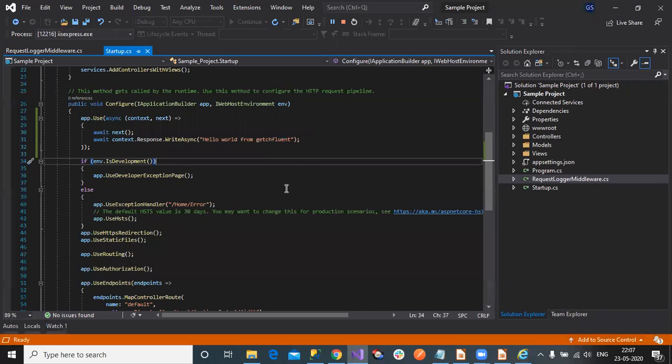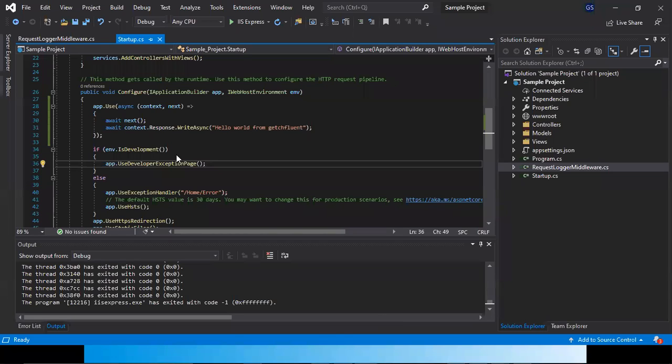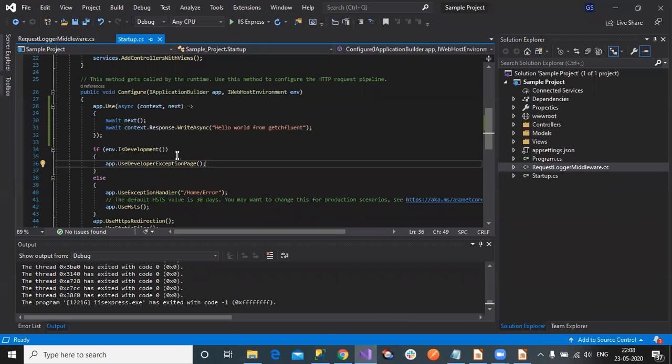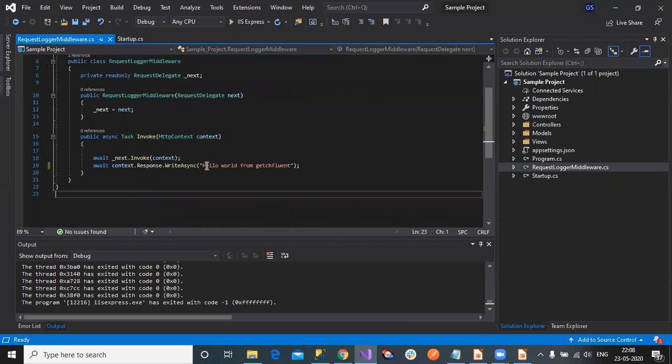For more complex request handling functionality, the ASP.NET Core team recommends implementing your own middleware in a separate class and exposing it as an extension method. So for this, we need to create one class where we implement this same functionality. I have already created the class, the request logging middleware, where we are doing the same thing.